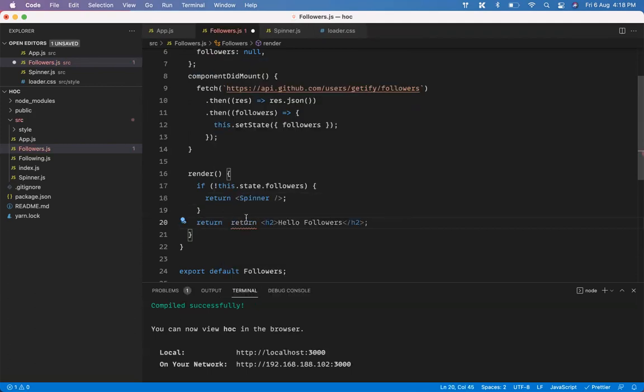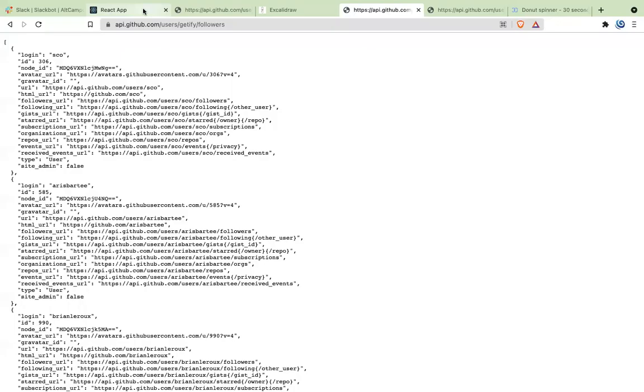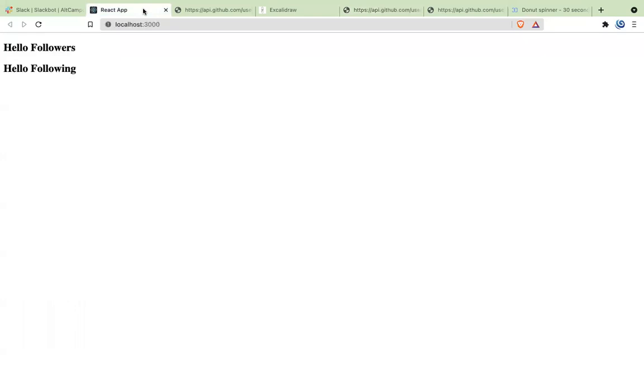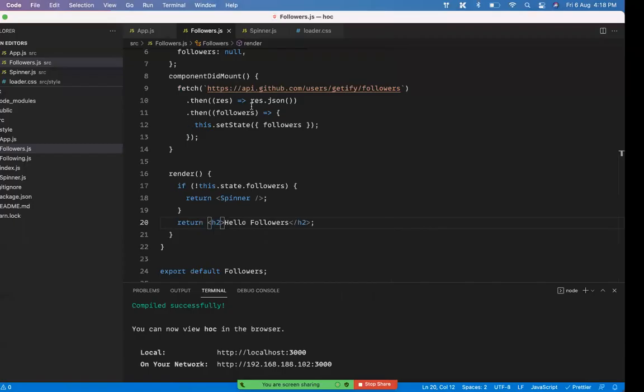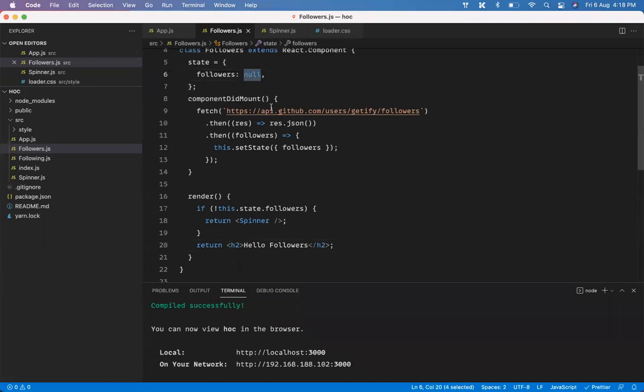Right now I'm just returning an h2, this thing. If you go onto this thing in the starting, you see that for a fraction of a second it is just showing the other part, that is null, because in the starting it is null, and then it is displaying the content here. So this is the first thing. Now what we need to do is use these followers from here.